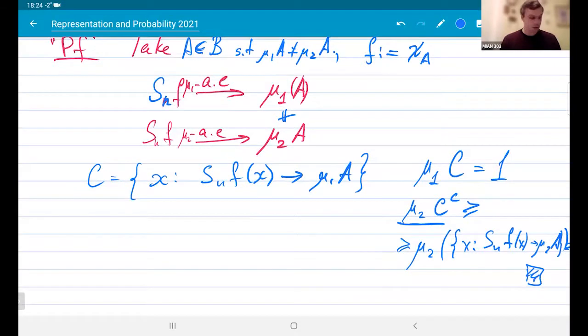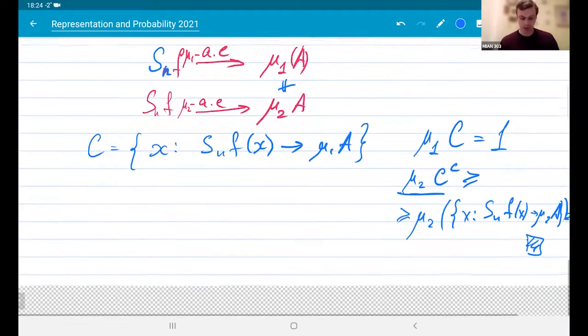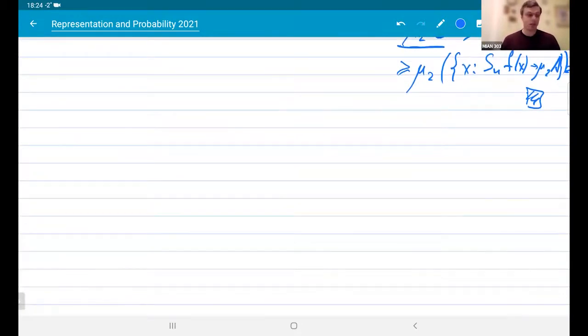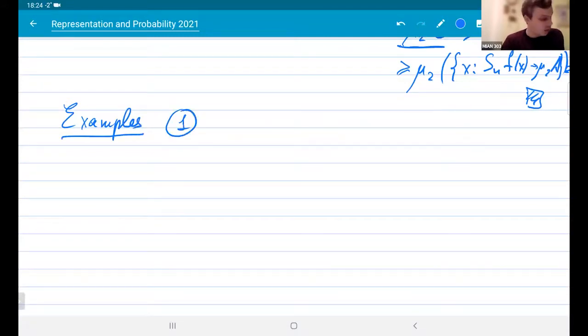Okay, so let us now study some examples. And the first example was already discussed in the previous lecture. So we consider the rotation of a circle,